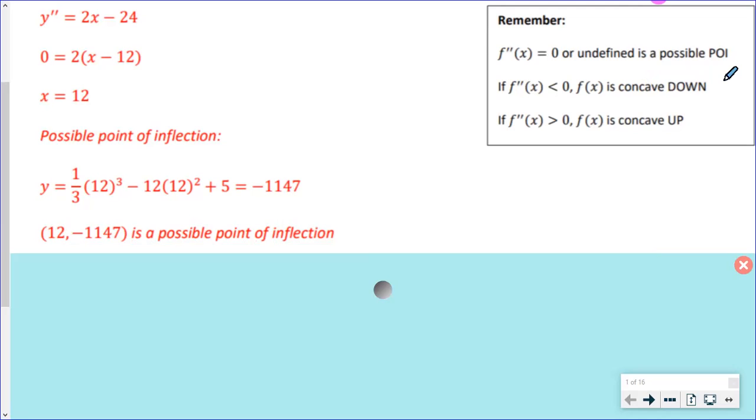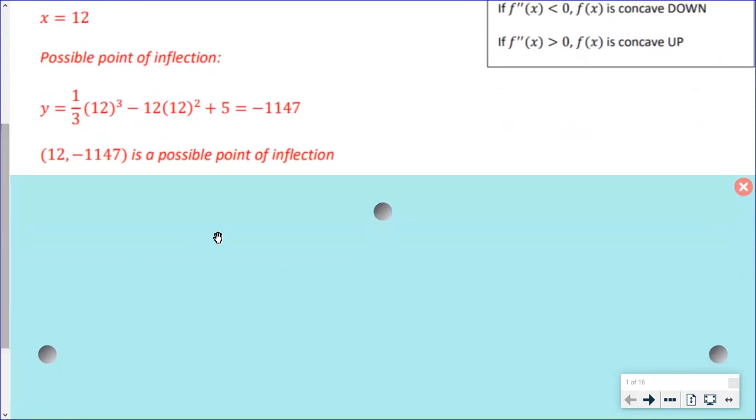However, in the sign table, when the second derivative is less than 0, a negative number, that proves that the original function is concave down. And when it's greater than 0, f of x would be concave up. That's what we've really learned up till now. So if I take